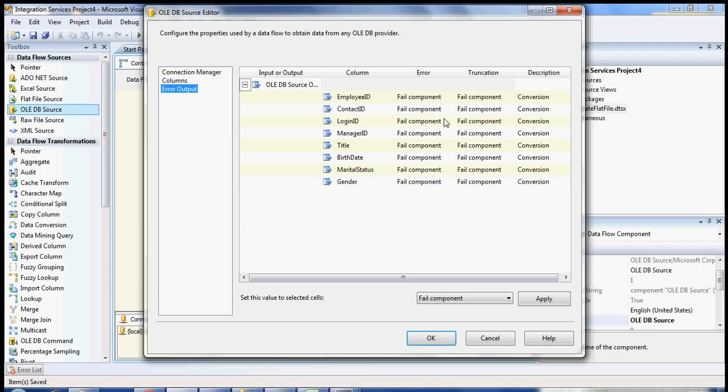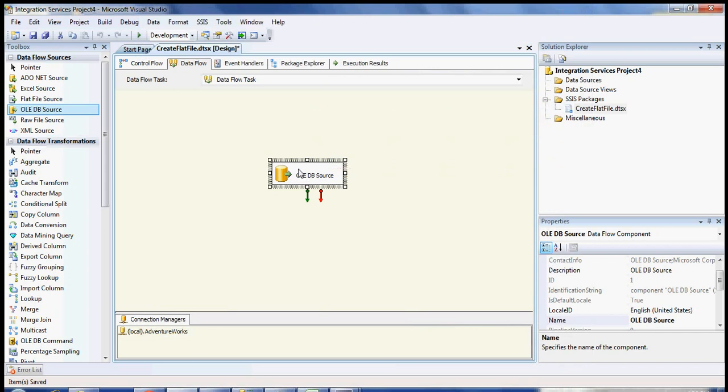Suppose I do the truncation, I said login ID is 256 and I shorten it to 10 characters, then I need to set this property to ignore failure. I will set this property to ignore failure because I'm going to truncate my input column to 10. So I did ignore failure here, and now I can click on OK. Whenever you do truncation in the input column, you need to select ignore failure.